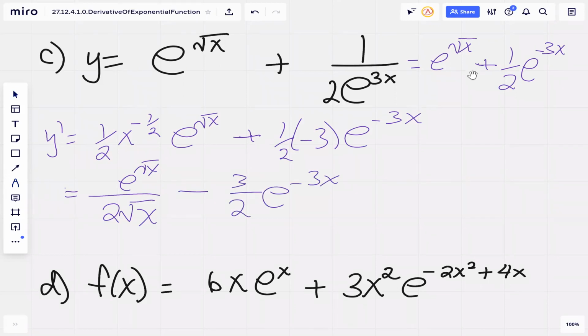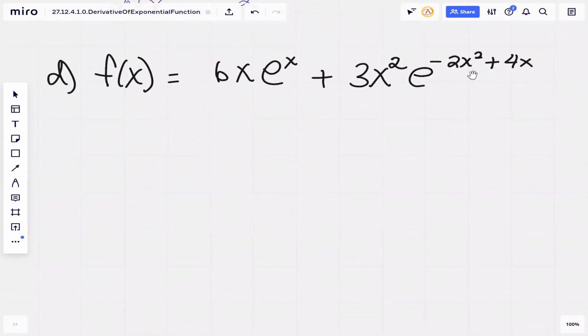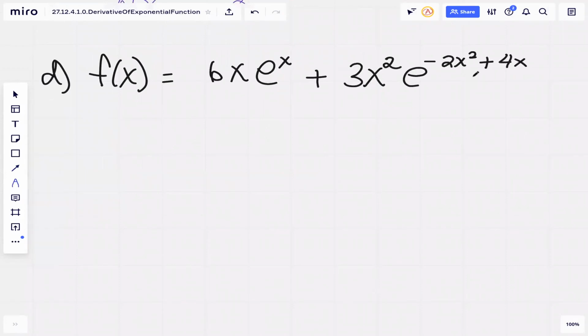Good. Okay, is this our last one? I think so. So let's give this one a try. So f of x equals 6x times e to the x plus 3x squared times e to the negative 2x squared plus 4x. Looks like we're gonna have to use the chain rule quite a bit for this. All right, so let's take our first term here. 6x times e to the x. So this equals 6 times e to the x plus 6x times e to the x, because the derivative of e to the x is just e to the x, plus,